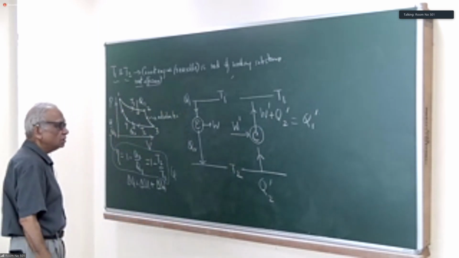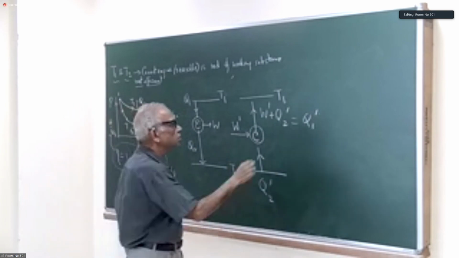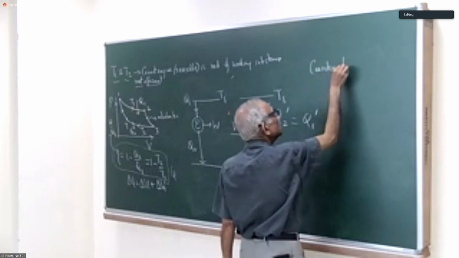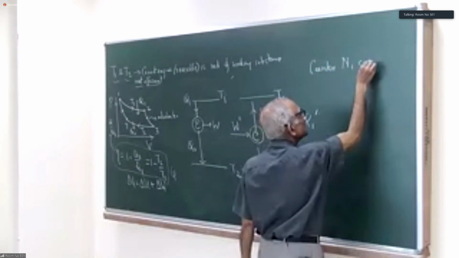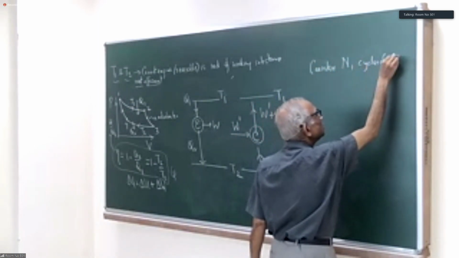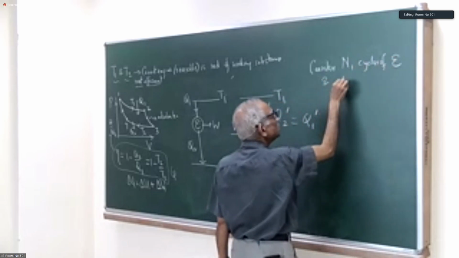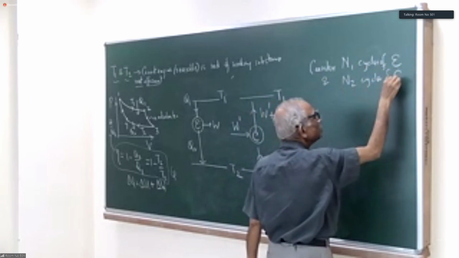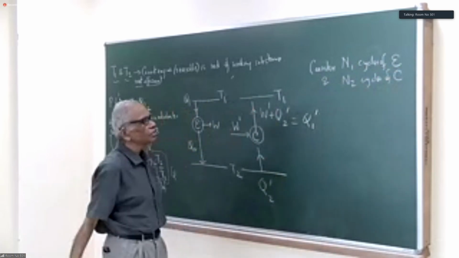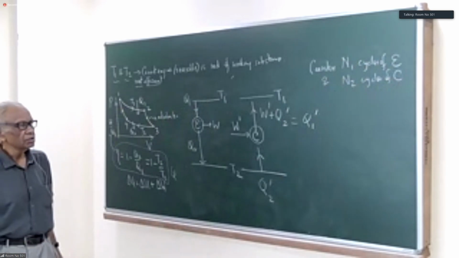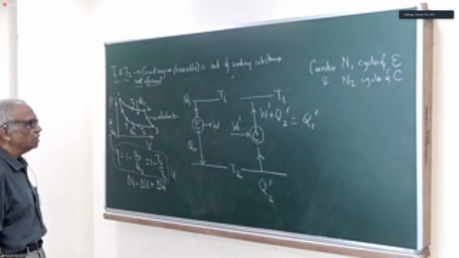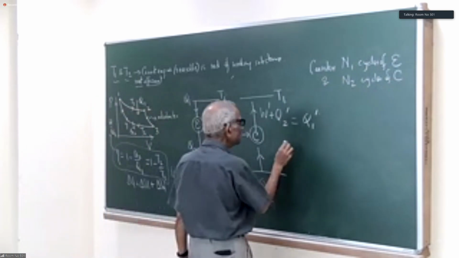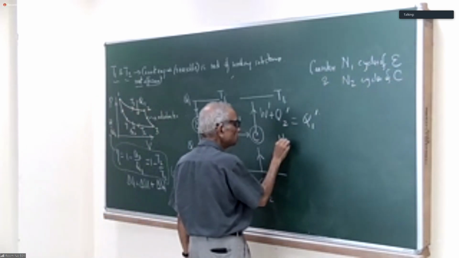So the way one does this is to consider N1 cycles of E and N2 cycles of C, that is, C running in reverse. So the question is, how much heat